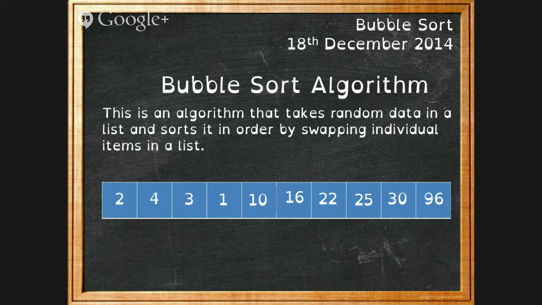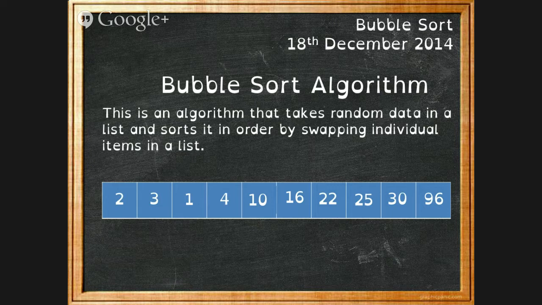in order. So we've compared, you're still having to compare them all the way up to the end of the array. You're coming back again to the beginning, 2 and 4, 4 and 3, there we go, 4 and 3, we're nearly there. 4 and 1, 4 and 10, 16, 22, 25, 30, 96, good. And then back again,